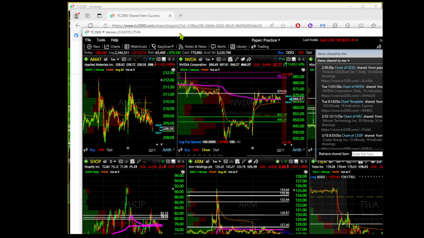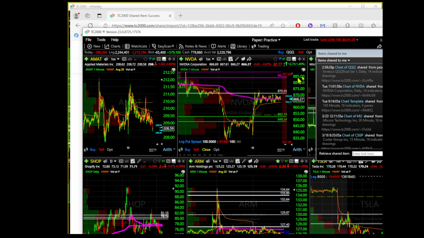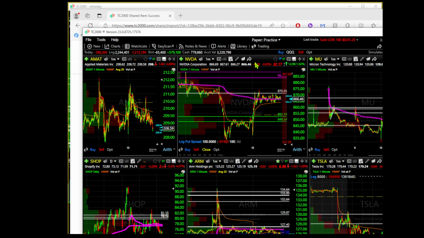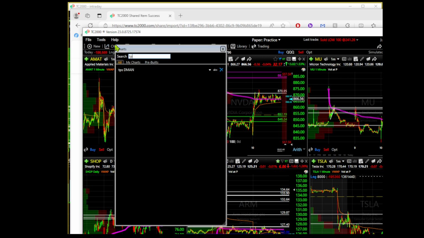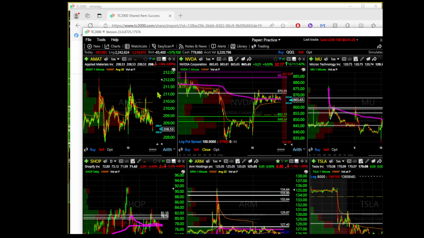So again, if I go back to my charts and type in TPS, you can see it. There it is. D-Man. TPS D-Man. Right? And if I want quick access to this, I just hit this drop down key and F2. So whenever I hit F2 on my keyboard, I want that chart to pull up. Right? So now if I go back to my screen,